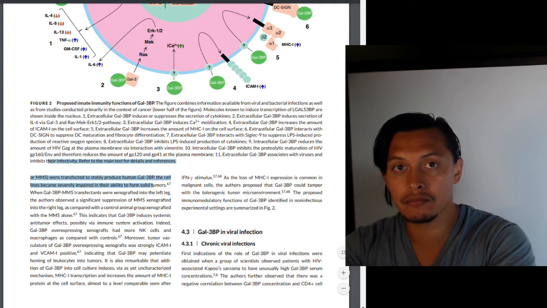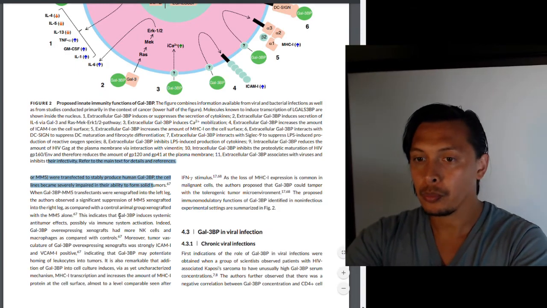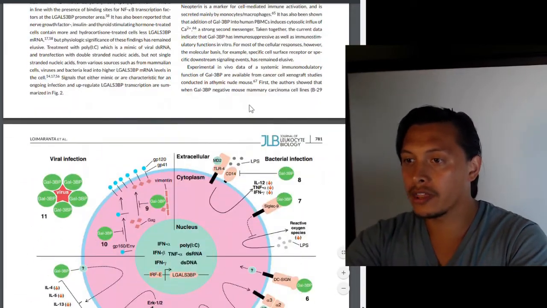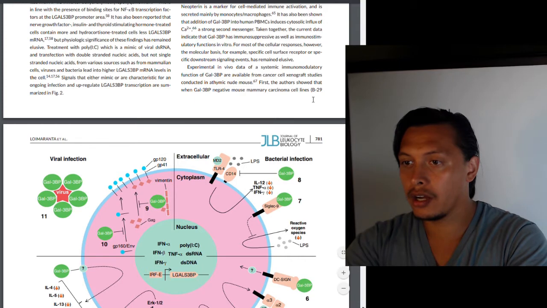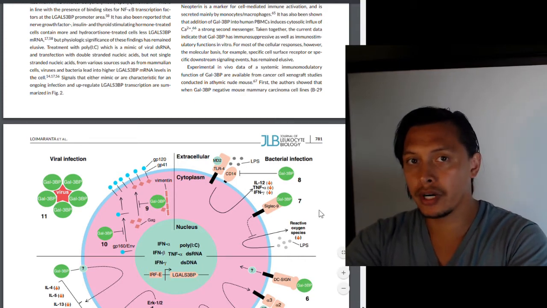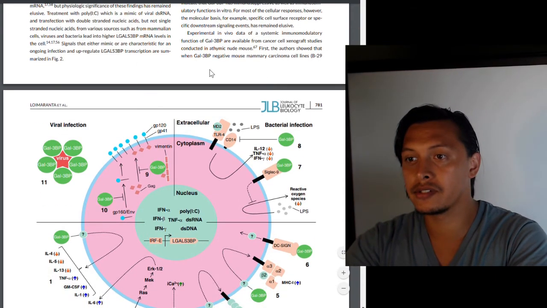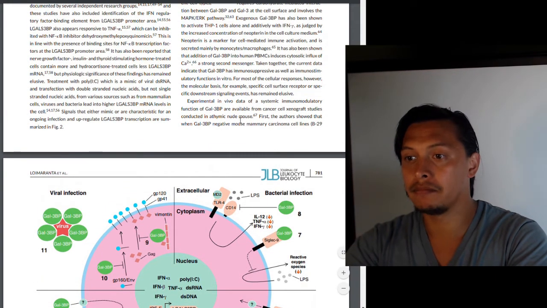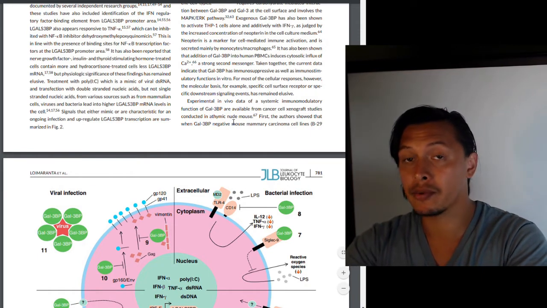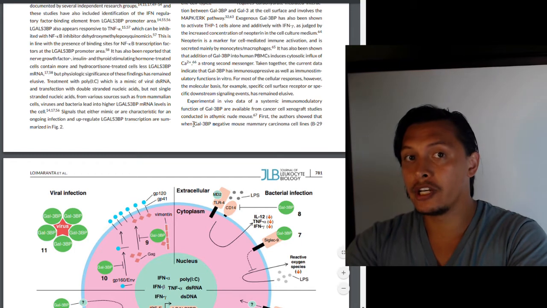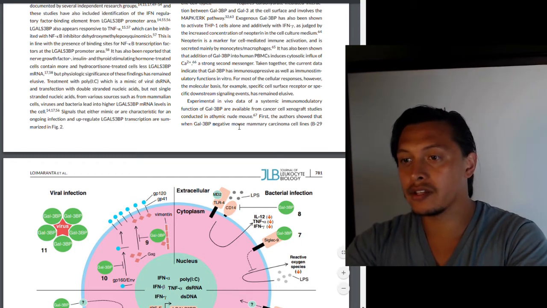So you can take these tumor cells and inject them into these athymic nude mice, and in this case the mouse mammary carcinoma cell line,